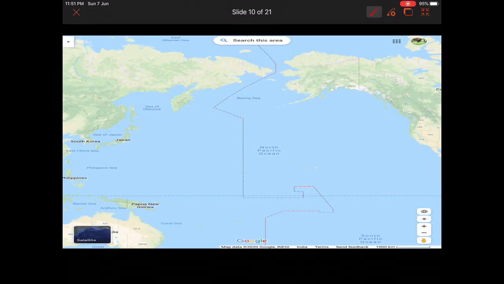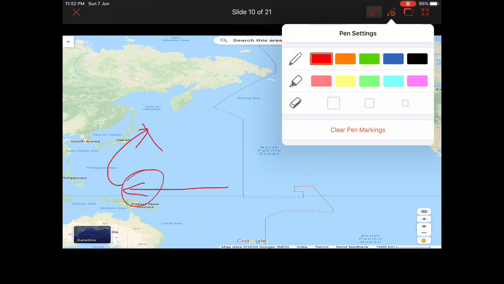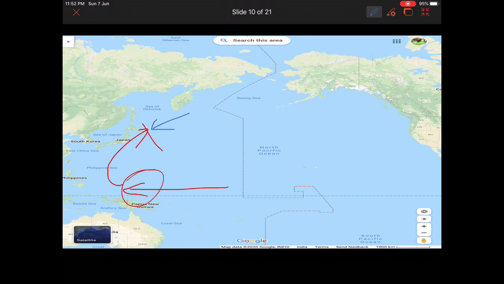See guys, let's see how the logic works. See, here there is equator, and here goes the north equatorial current, and here it is Japan current or Kuroshio current, so it will be warm, right, because it comes from the equator region. Okay, and here it meets with which current? Oyashio current, which is a cold current. And how is Oyashio formed? Bering current along with the Okhotsk current forms which current? Oyashio current, and these two mix there.